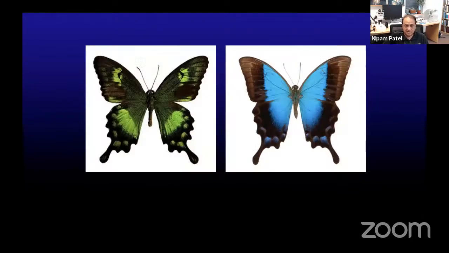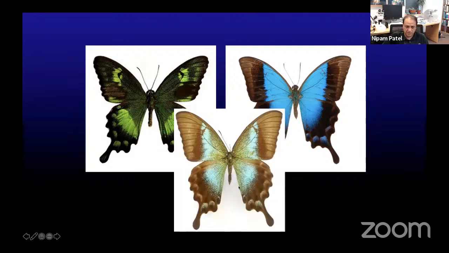Finally, I'll show you an example that you can also get hybridization. This is Papilio numenius and Papilio pericles. Now they look very different from one another, but it turns out they're relatively closely related, and you can make hybrids between these butterflies. What you get in this case is overall a pattern that looks like pericles, but you can see it's a color that's intermediate. So again, this would be a fascinating group to look at, because you could also see how, when you make these hybrids, you get these intermediate colors or combinations of colors. So that's one way that we're approaching the problem.